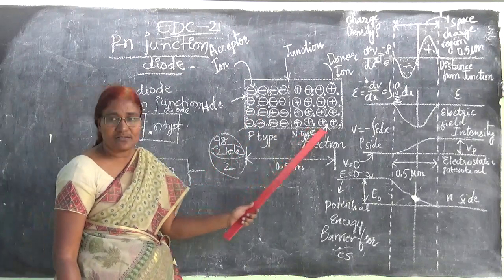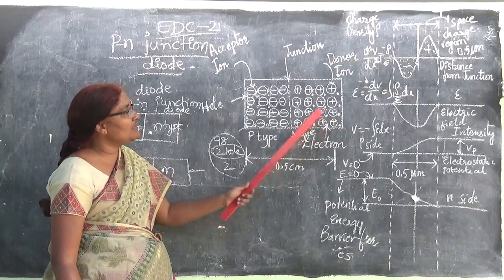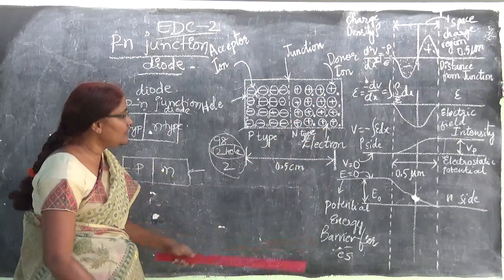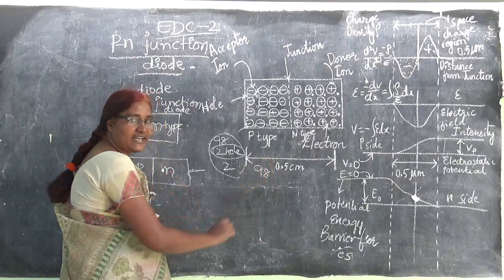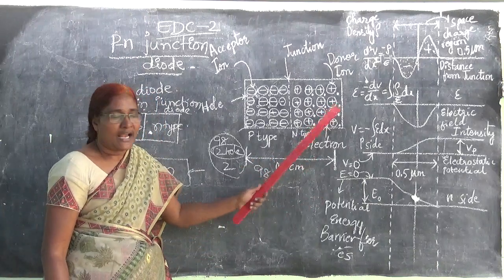The same thing happens here also. Here also we will have 100 atoms, so we will get 98 free electrons due to doping, and due